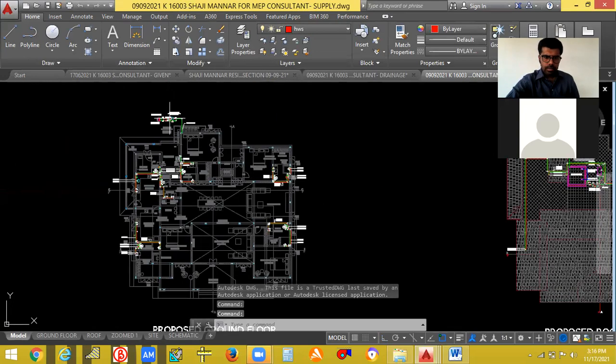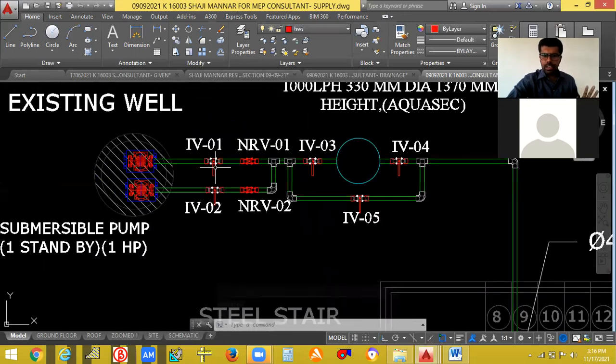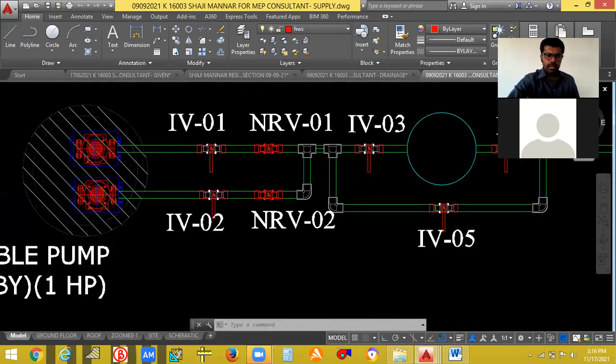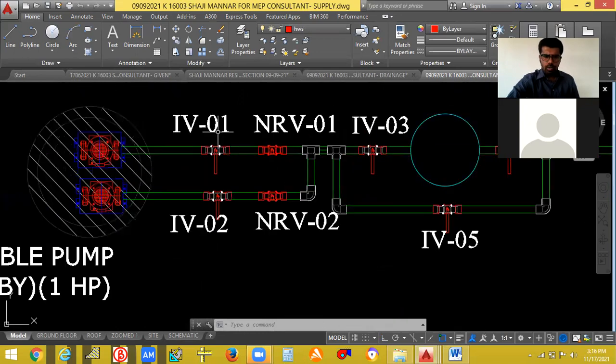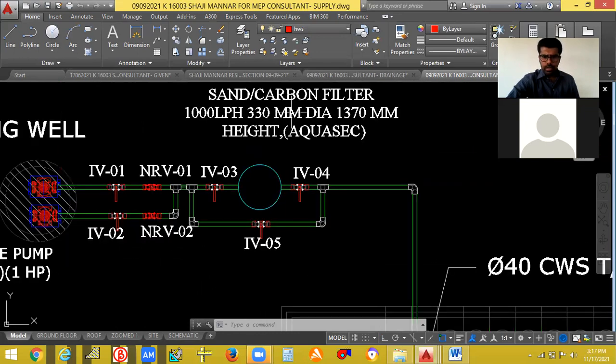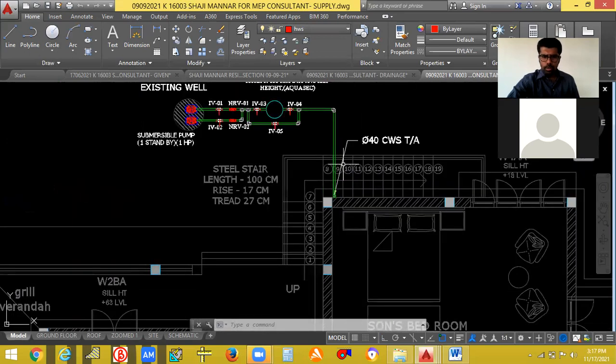You can see the valves will be like valve itself. Okay. See the valve will be like valve itself. This is isolation valve 1, 2, non-return valve. This is the sand filter. From there it is going to, you can see, above.